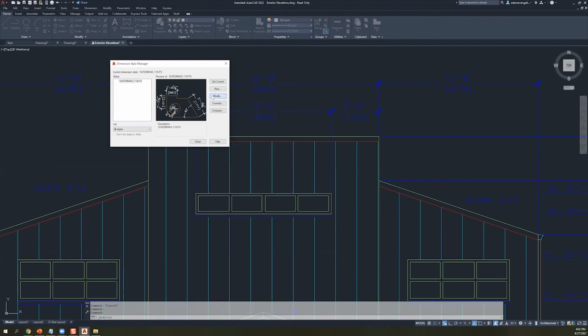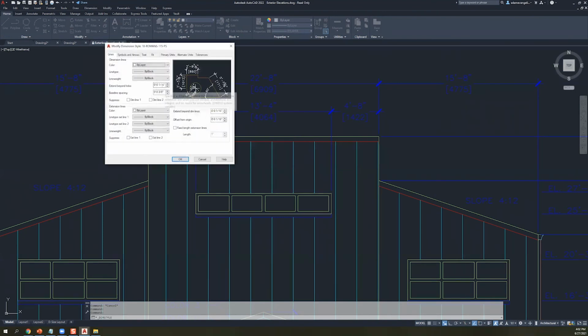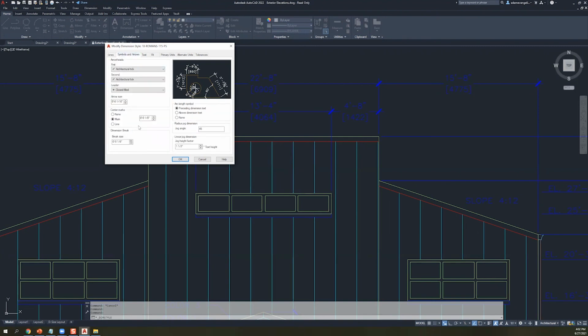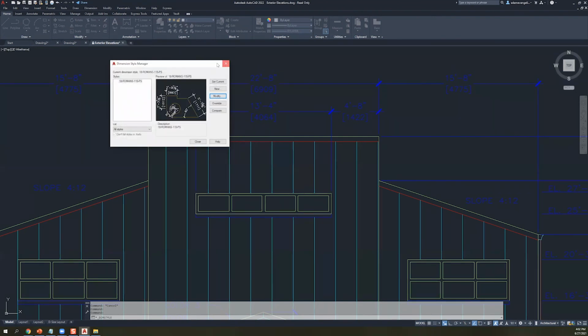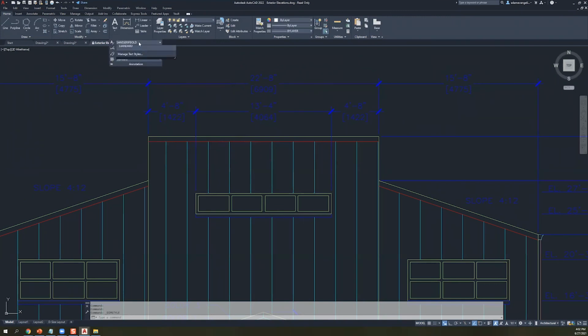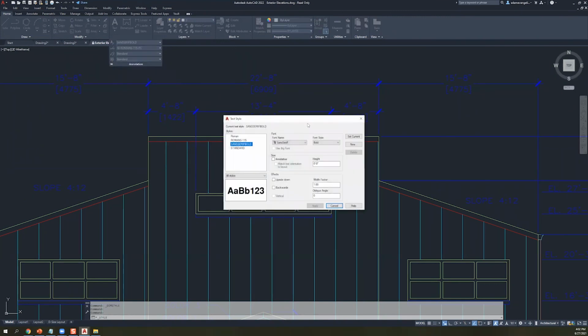And so coming over here, I can modify the existing 18 Romans one, and you can start looking at where this information comes from. So lines, obviously, extended beyond, not too much. Symbols and arrows look relatively large over here, but here's text, and text is going to be using another text style. So that's actually referencing something else, and we could look at that in a little bit. Primary units, yada, yada, yada, alternate units, that's totally fine. And if I do the same thing for text, for example, under here, manage text styles, you can see that over here,